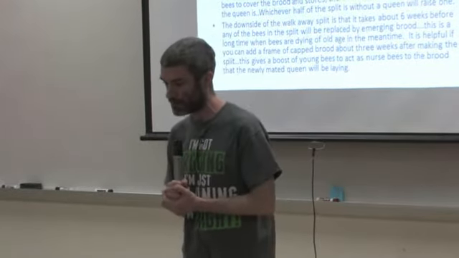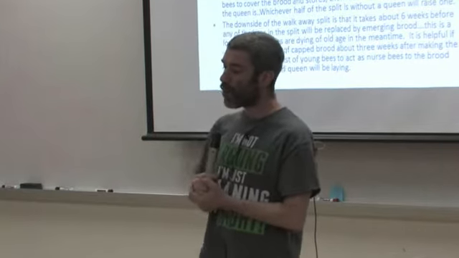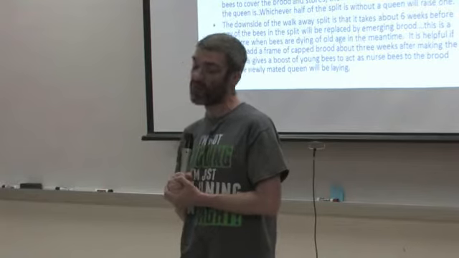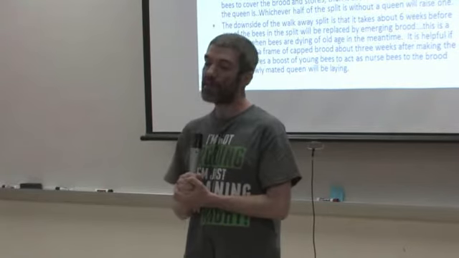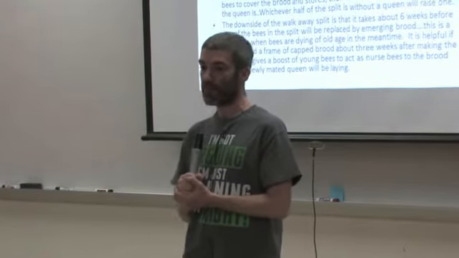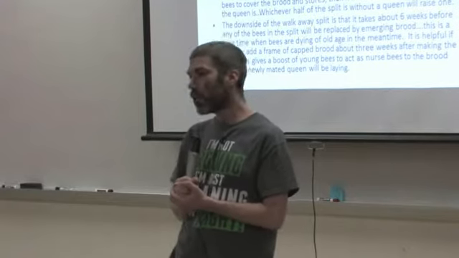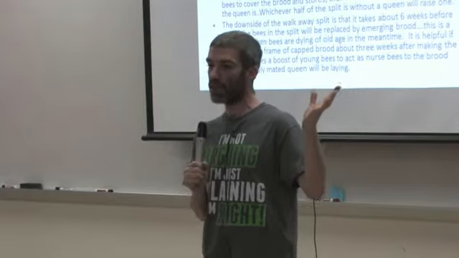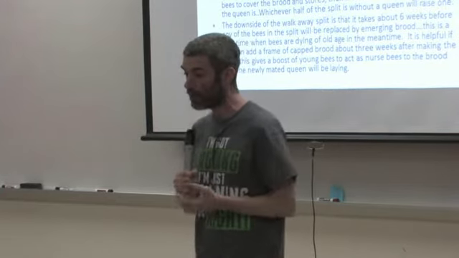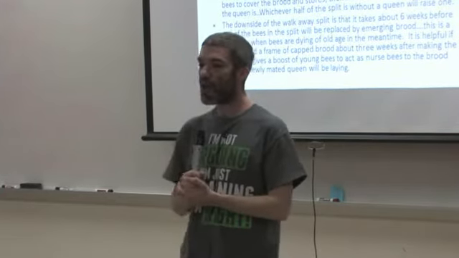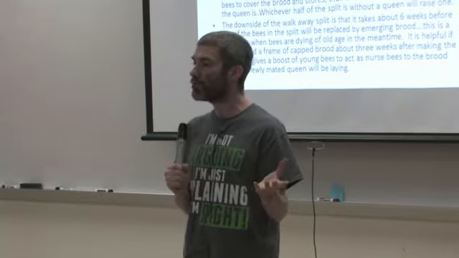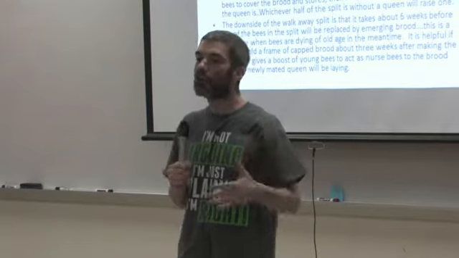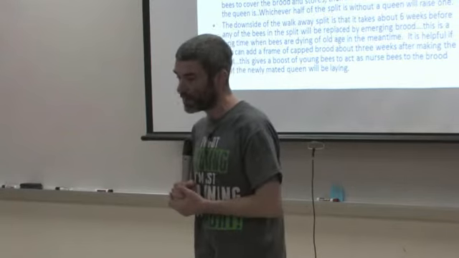And whichever half of that colony that you've split in half doesn't have a queen will start to raise queens. The problem with the walk-away split is that it leaves the queenless half without a laying queen for more than 3 weeks. So that means that you have a month and a half before you get young bees coming in there. And that's quite a long time, and it certainly works. I've certainly raised some great queens with walk-away splits. I know Sam has as well. But it takes a lot of resources: you do a walk-away split, and you end up with one queen in that split that you made. So you've got a lot of resources into raising that one queen.